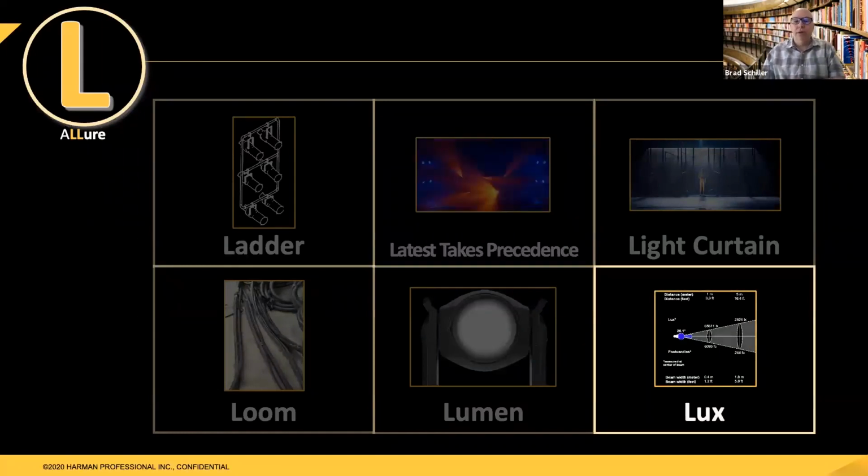Earlier, I talked about foot candles, and in the rest of the world, people use the term lux. And again, this is a measure of light on a surface or a face or somewhere. And this is 1 lumen spread over 1 square meter. And again, to reference, 1 lux is equal to 0.93 foot candles. And that's the typical measurement we use in most parts of the world other than the US.